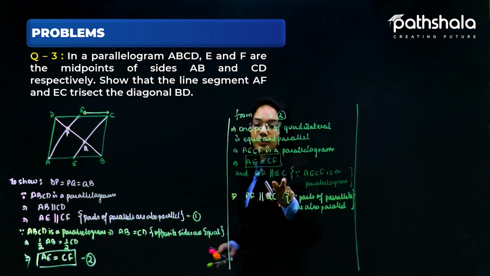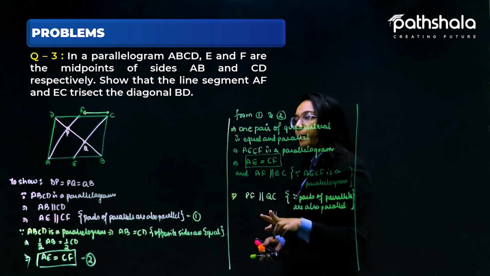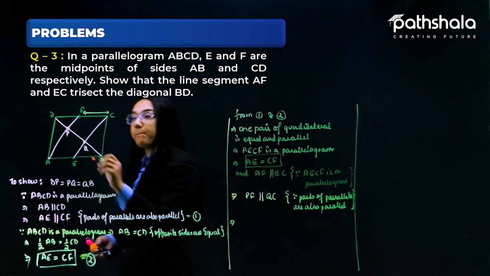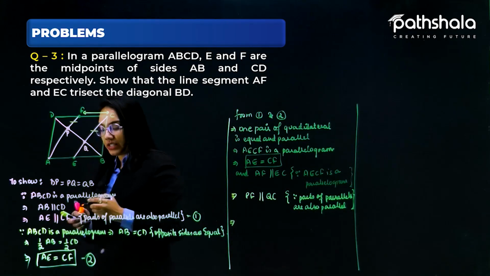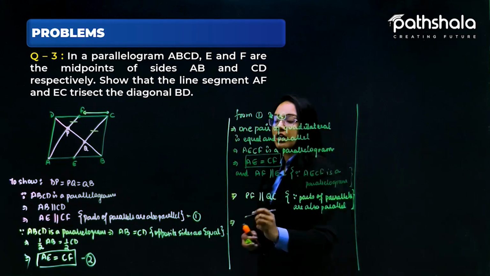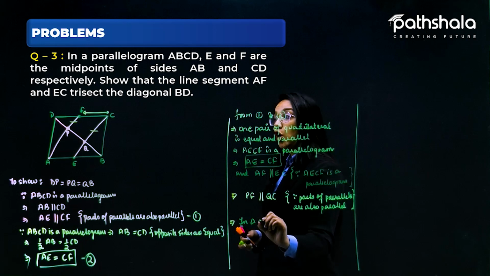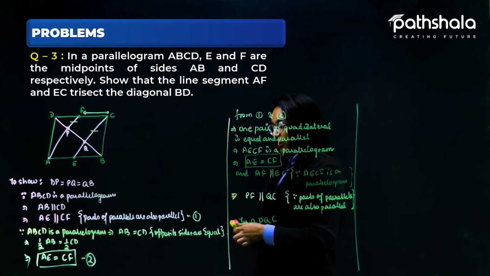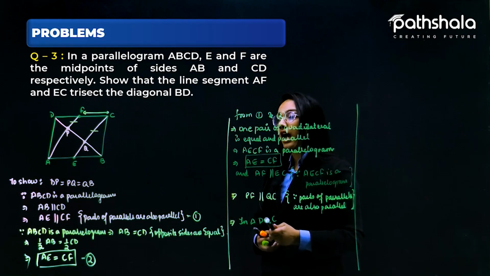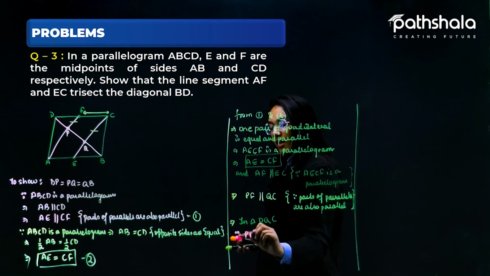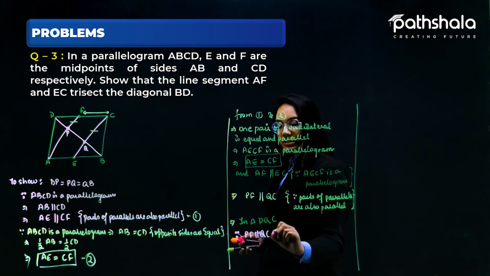If AF is parallel to EC, then it implies PF is also parallel to QC. Now if PF is parallel to QC, then what can we say about the triangle DQC? Let us suppose in triangle DQC, we can say that since PF is parallel to QC,